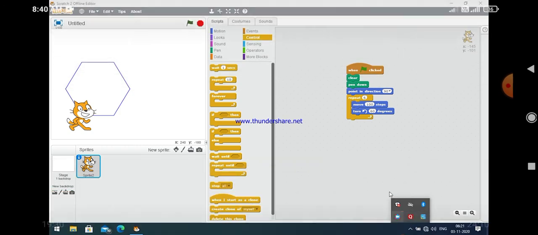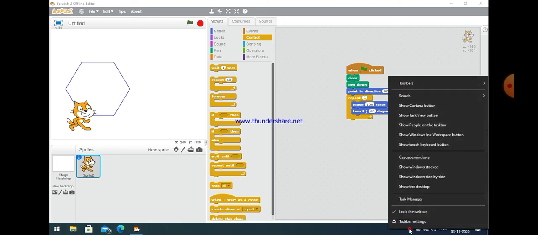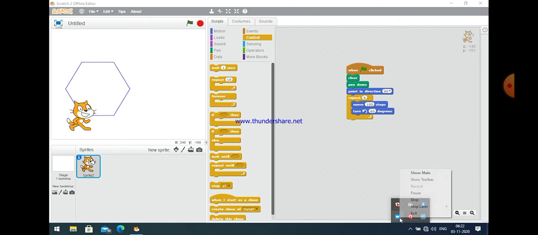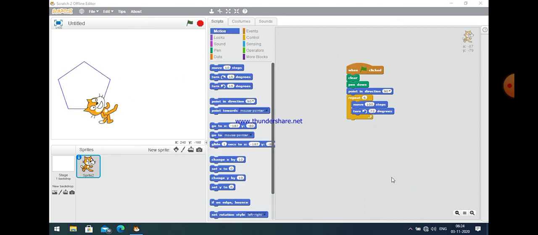Now, the last important thing regarding these geometrical shapes. If you don't want to calculate the angle, then there is also an option for that. Select the category operators.